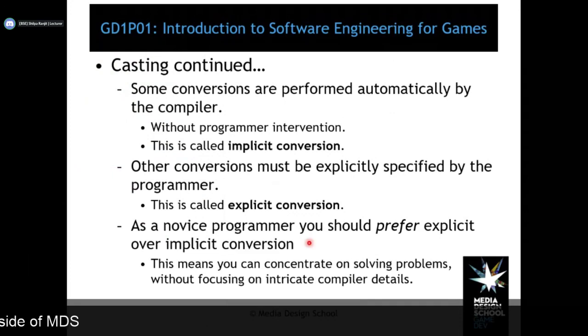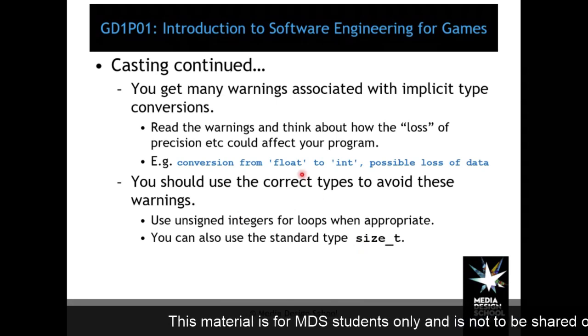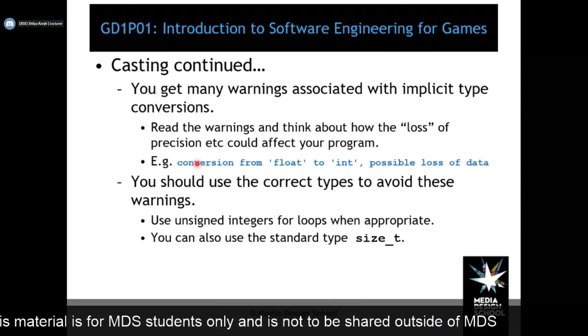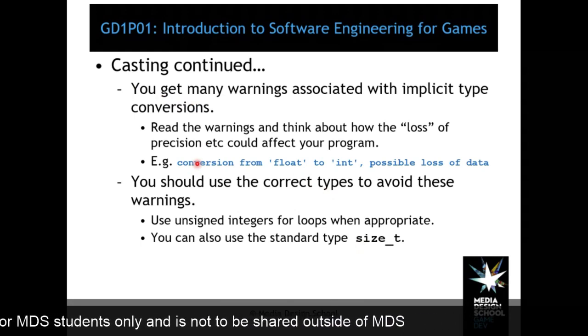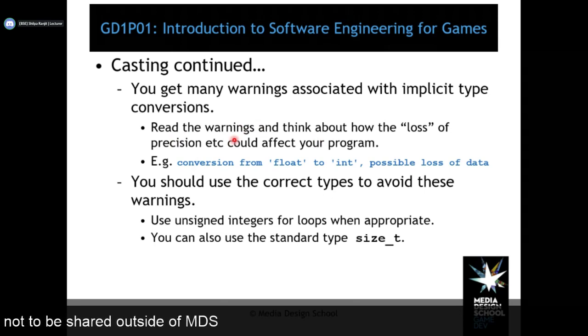Okay, so I'll just move the pointer again. All right. So we just see how explicit conversion is done. One of the warnings that you get is something similar to this: conversion from float to int, possible loss of data. So the warnings are basically helpful to understand if you have coded your program well,